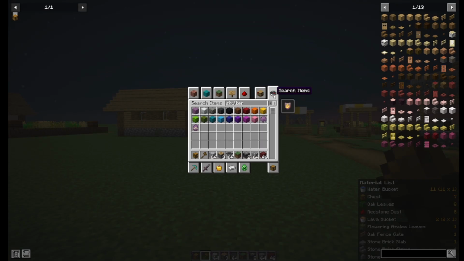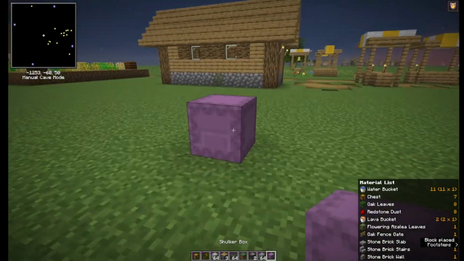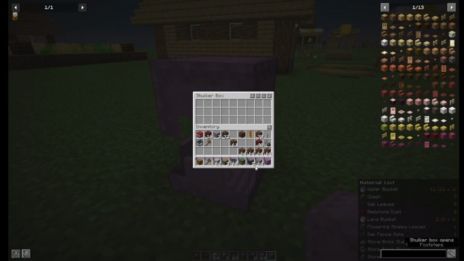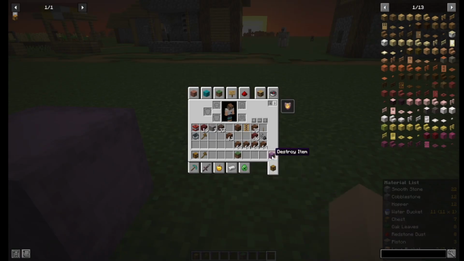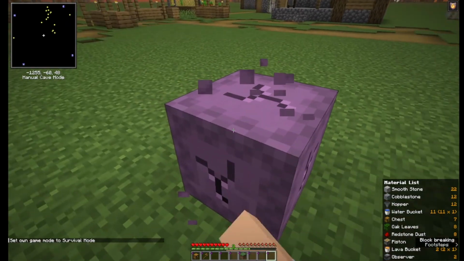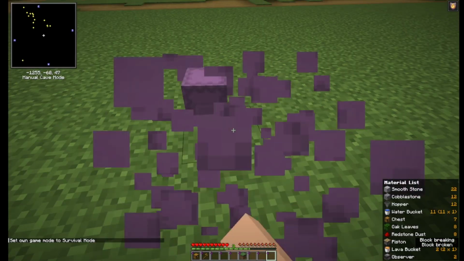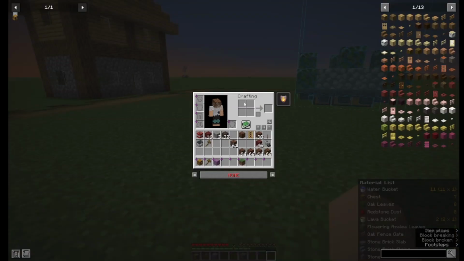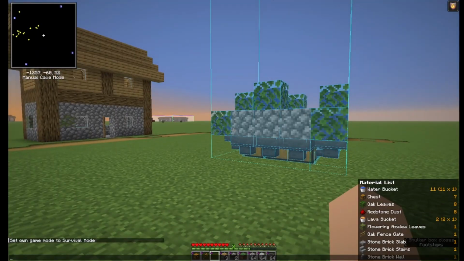And this even will extend into shulker boxes that you have in your inventory. While you have the shulker box placed, it can't read the contents of that shulker box, obviously. But the second I pick up this shulker box and it is in my inventory, you will see that all the items in this shulker box are read as in my inventory and checked off of the material list. So that is a very handy feature